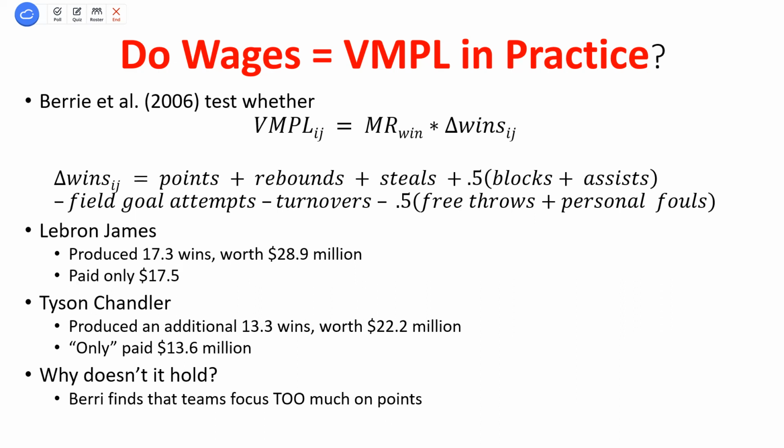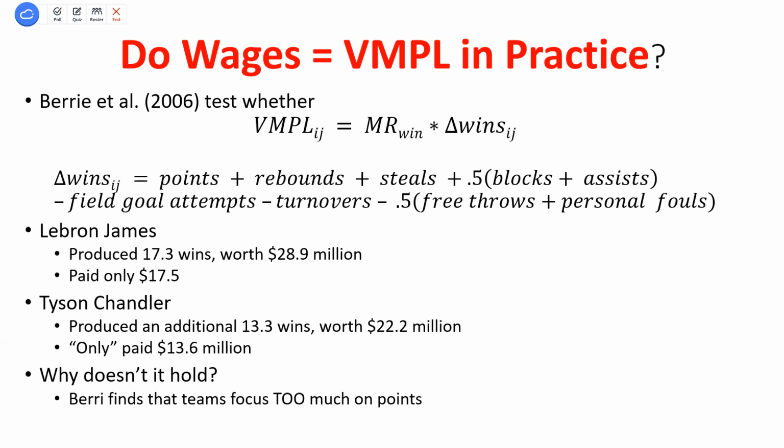So why are these values different? What you can do, and this is a little bit outside the scope of this class, but I'm just mentioning it for the sake of completeness, is predict what their wage should be using this model. You can also look at the actual salary data and then back-engineer what coefficients the league is using on their statistics. So just replace the value of the marginal cost of labor with their actual wage, and then you can compare those coefficients to the coefficients you found running this regression.